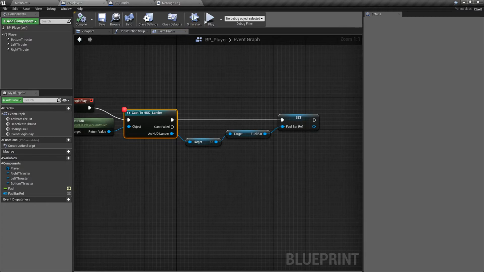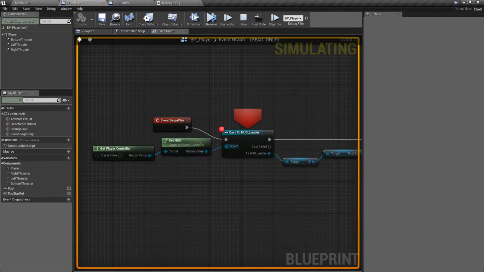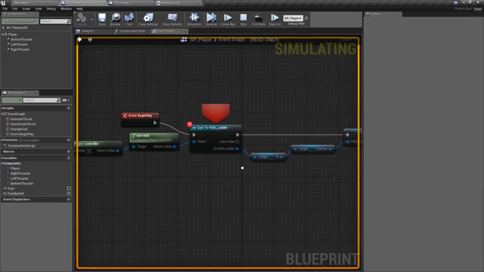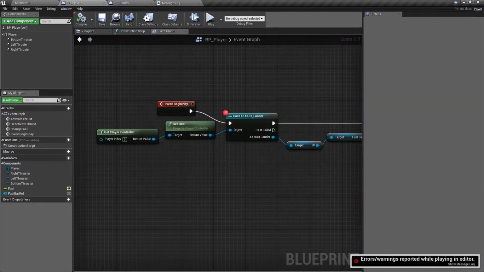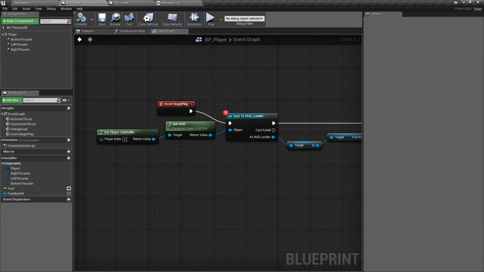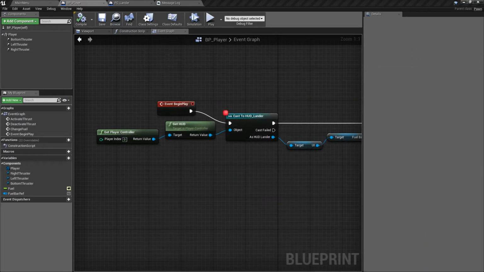Because when we get to here, I bet you, let's find out. Okay, so this is our HUD lander. Yeah, but our HUD lander probably hasn't created our actual UI yet, is kind of where the problem comes in. So we have an issue. Yep, that's what I thought. So begin play. I think to resolve this in the most efficient way, we are going to...